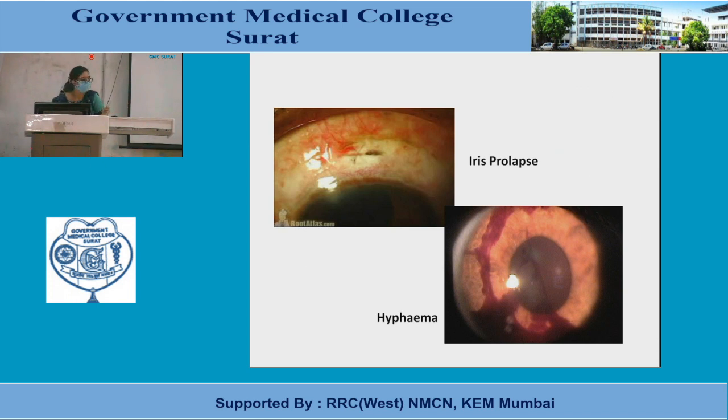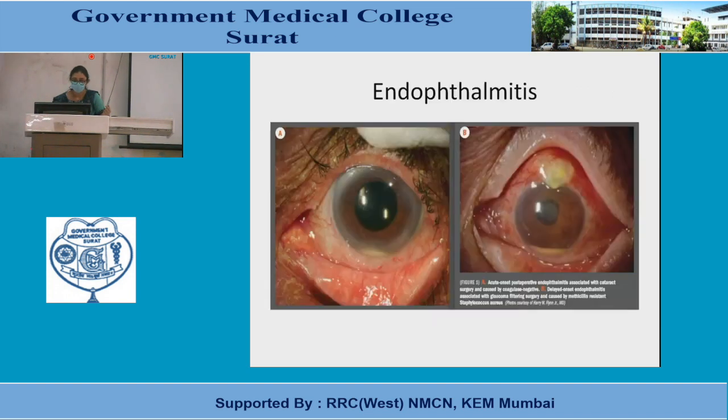Or say you have a case, maybe some systemic abnormality, where you have blood in the anterior chamber, that is called hyphema. So this will result in severe inflammation and secondary glaucoma. So these are the few subtle signs which give you an alarm of whether the patient is having an early infection or not. So just a hypopyon, maybe because of excessive inflammation. But if you have a wound infection with this kind of hypopyon, definitely it is a case of endophthalmitis.